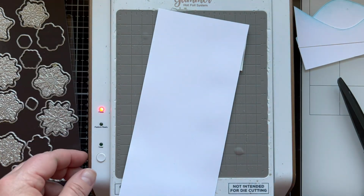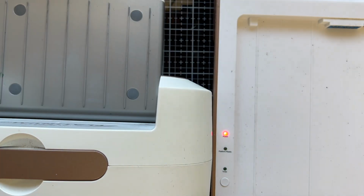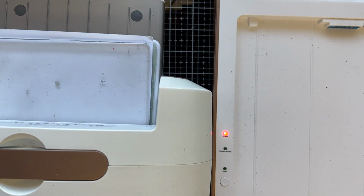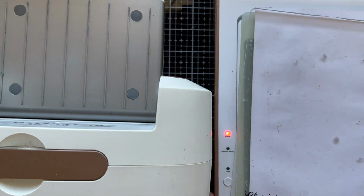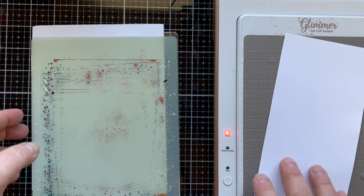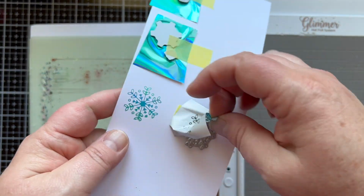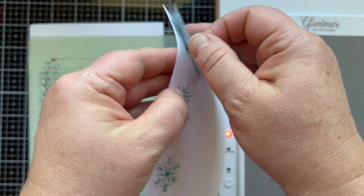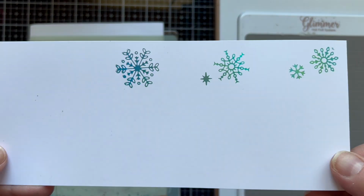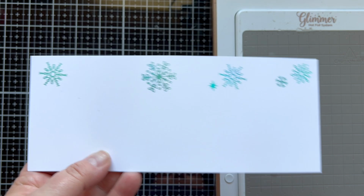All right, so I'm flipping that over and I will put the plates on top, push the timer, then you remove the entire dock and run it through the die machine, and the pressure and the heat help transfer those snowflakes into the paper. They press into the paper just a little bit, and I love how that looks. So here you can see the snowflakes with their iridescent teal shine. Love it. So I'll do one more in this corner,